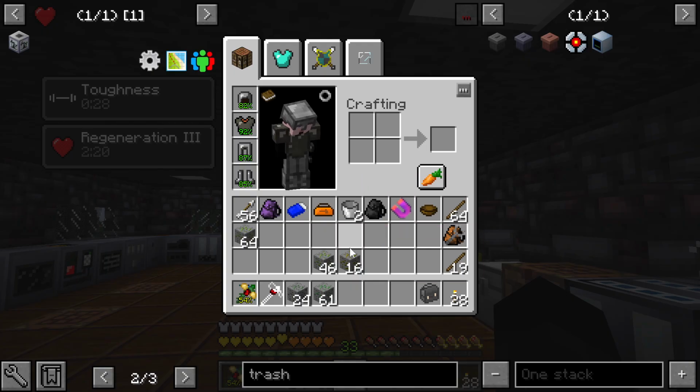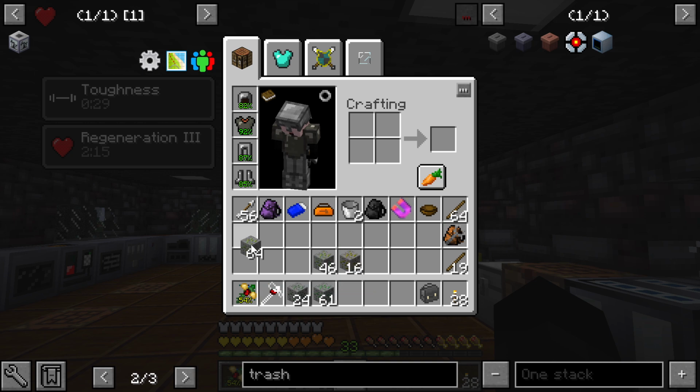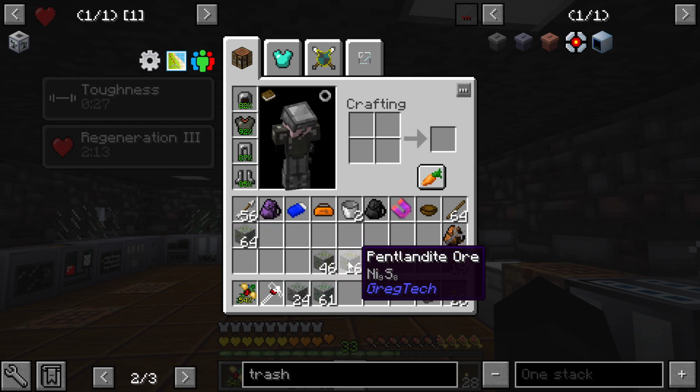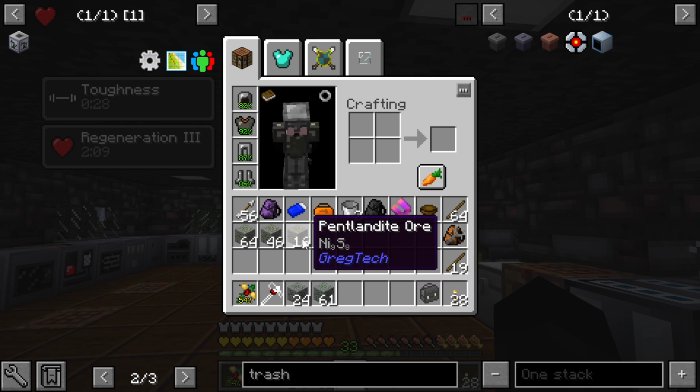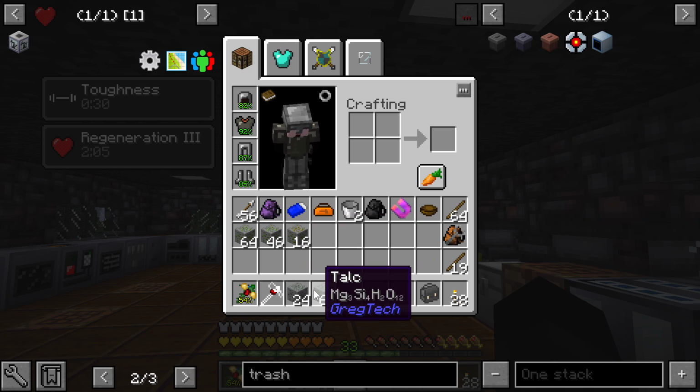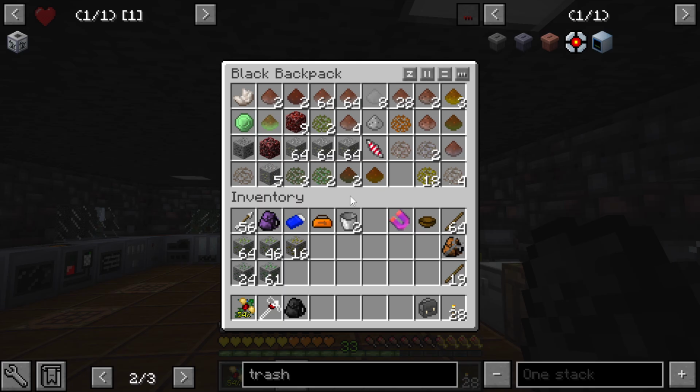I've been pushing a few things. So in my inventory there's some glauconite ore, which is not actually relevant, some more glauconite ore, which is not, but there's some pentlandite ore, which is also not relevant, but there is some soapstone ore, and there is some talc. And if I have a look in my backpack here, I think I've also got...